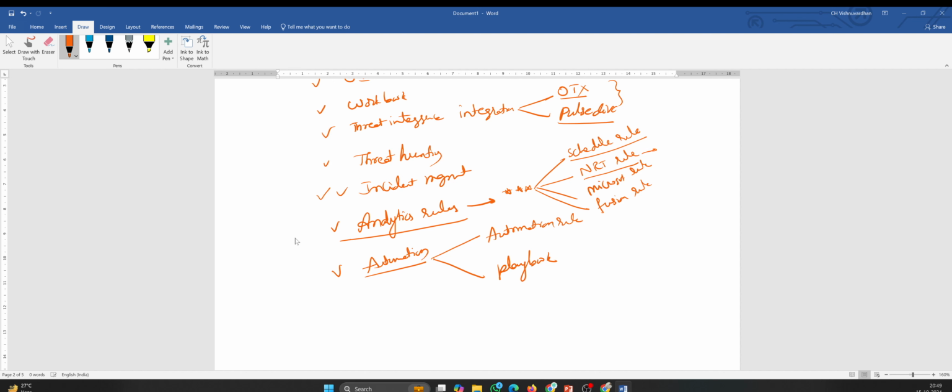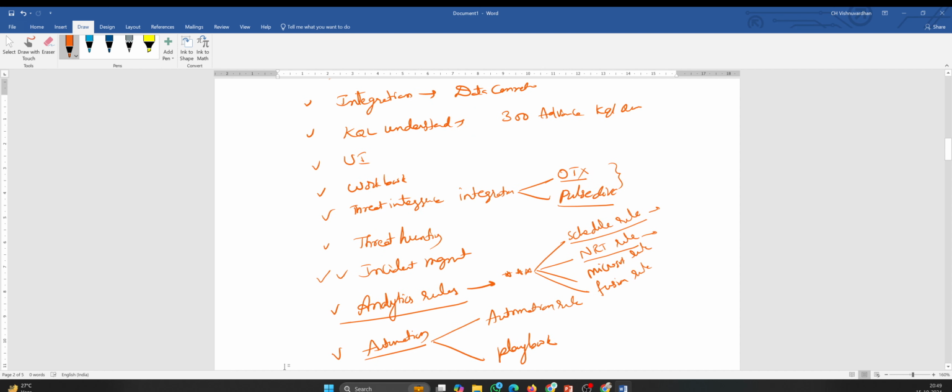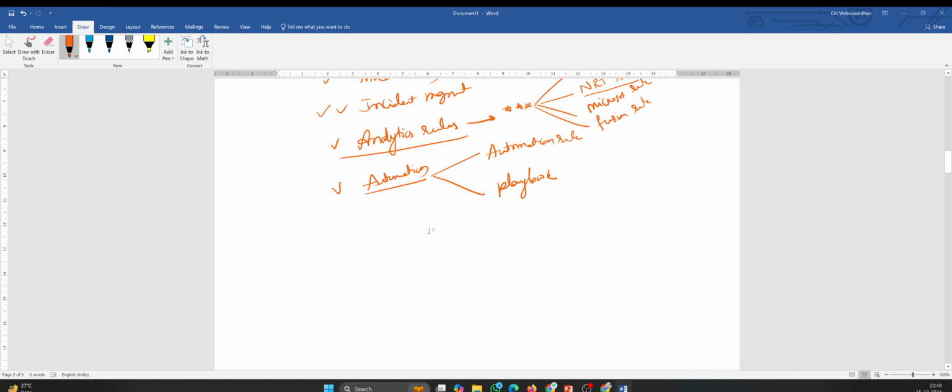I will take multiple use cases, not a single one. I will explain everything in the product itself. Everything is in the product. No theory, only practicals. There is nothing more than that. Whatever I am explaining here, we are going to cover everything in a practical environment only. We'll use Microsoft Sentinel for all these things.